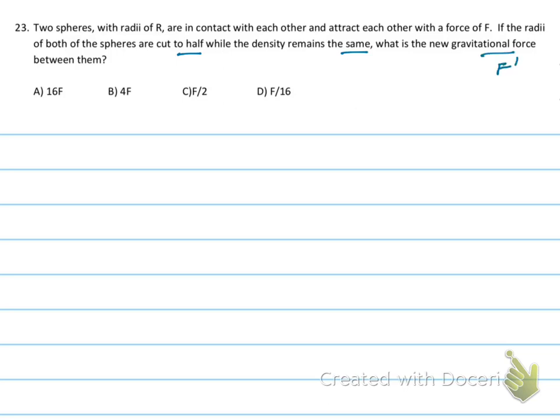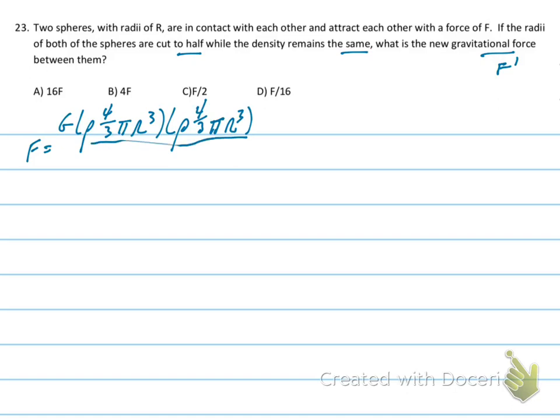So let's set up a relationship between the original force and F prime. The original force F is going to be equal to big G times the first mass, which is rho 4/3 pi r cubed, times the second mass, rho 4/3 pi r cubed, and all of that over r plus r quantity squared. And in the second situation, F prime is going to be equal to G times rho 4/3